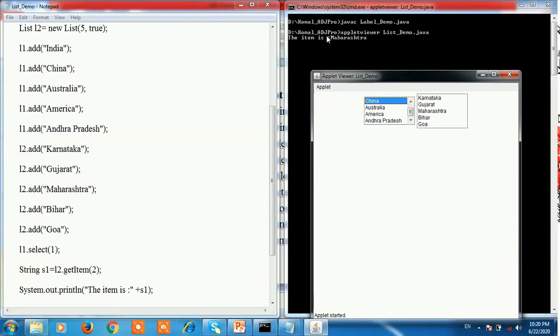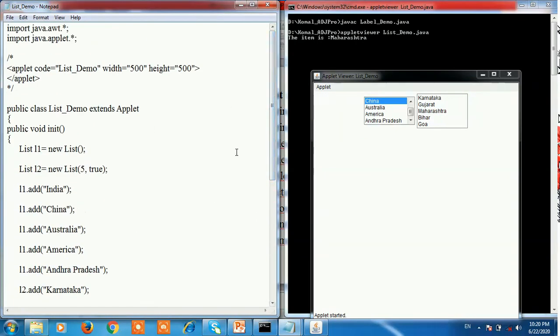That will be displayed in the command prompt. Karnataka having index 0, Gujarat having index 1 and Maharashtra having index 2. So the Maharashtra item is displayed in the command prompt. This is the output of our program ListDemo.